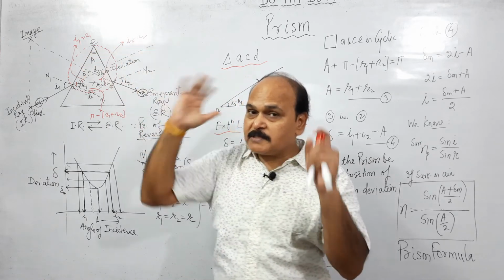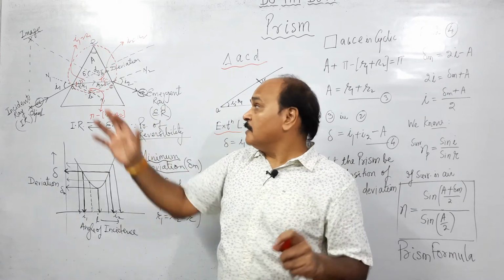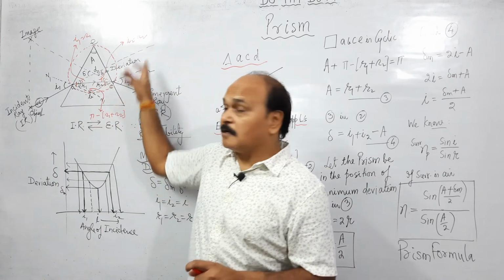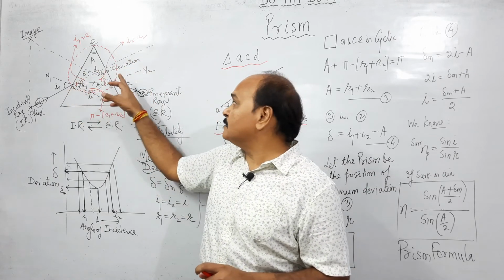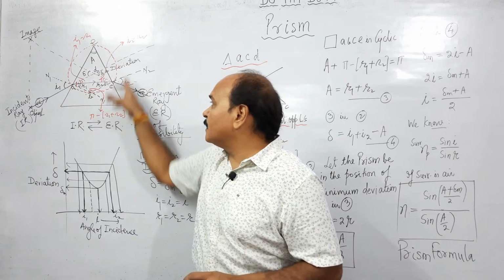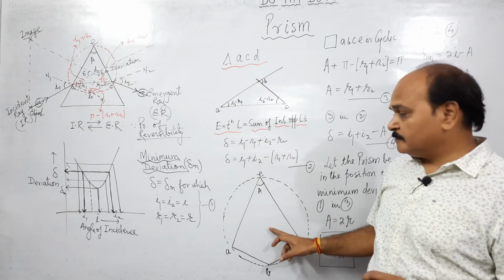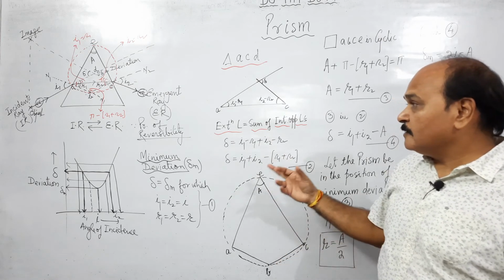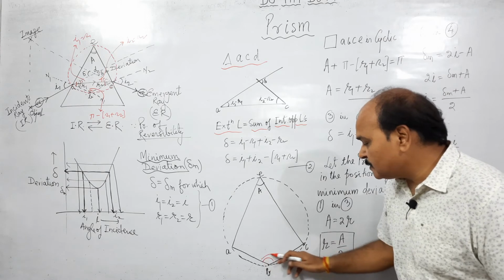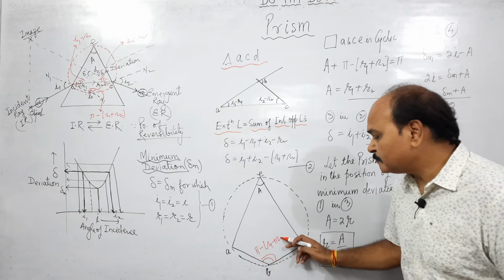So there is always a circle for every ray diagram of the prism where the ray is refracted twice across two refracting surfaces. There is a circle which passes through A, B, C and E. And if we select this circle and draw it here, this is the same circle drawn here. And in this circle we have seen that this angle is 180, that is pi minus (R1 plus R2).